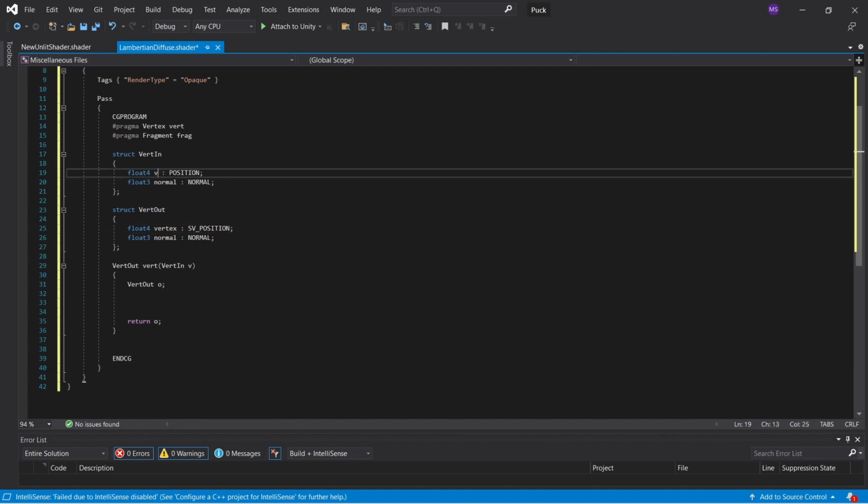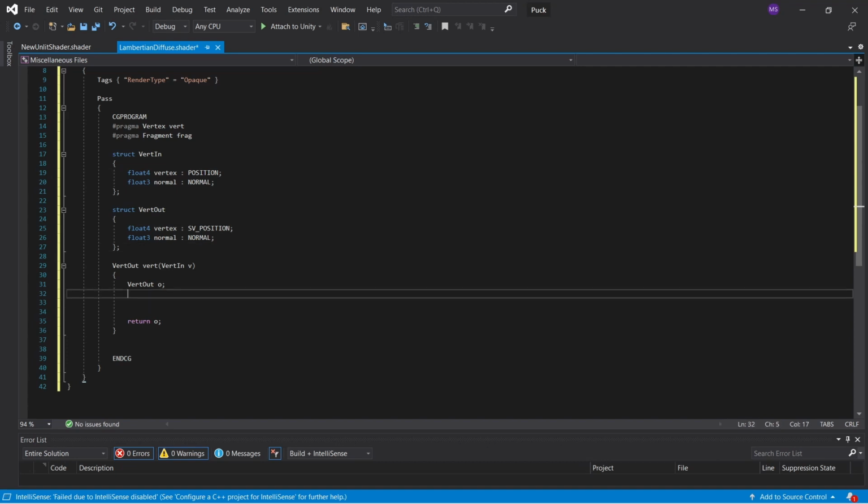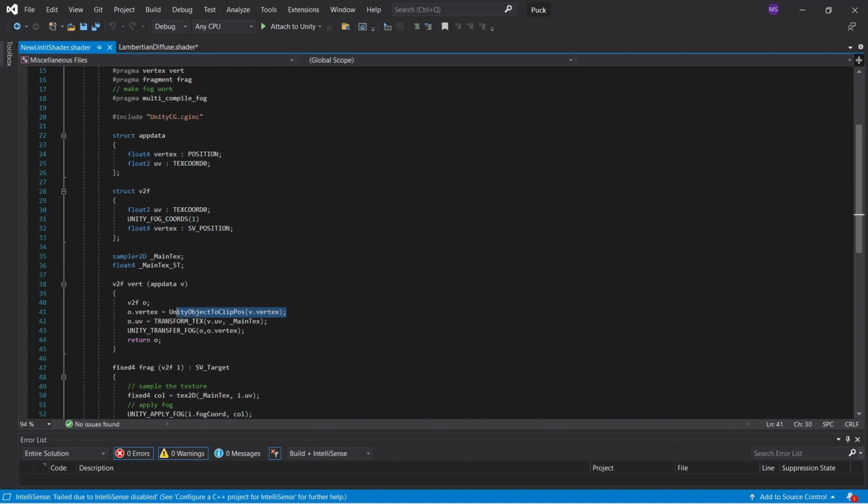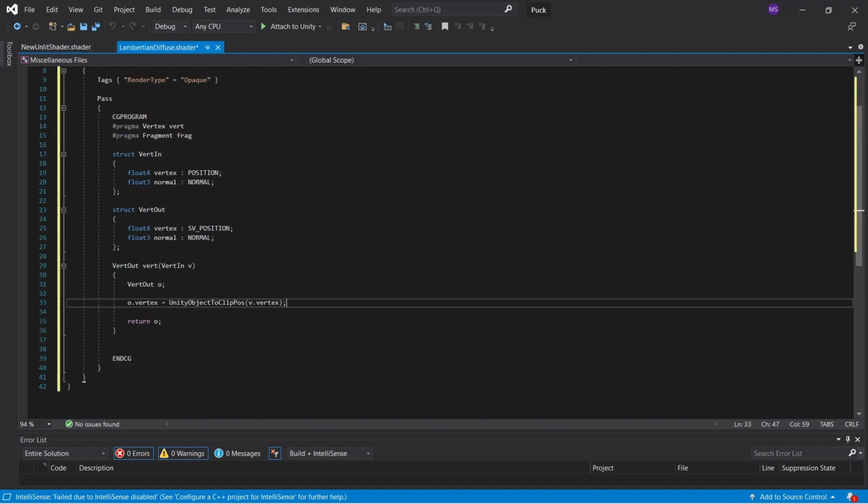And in Unity this is also called vertex, so let's just be consistent with Unity. So o.vertex, the transformed vertex, should be equal to this function, UnityObjectToClipPos. This transforms the vertex from object space into clip space, and our normal, o.normal, should be equal to a